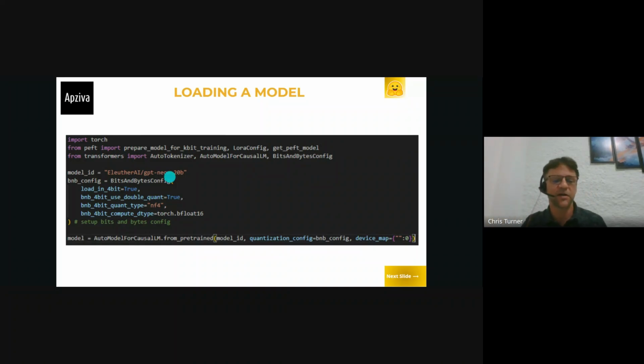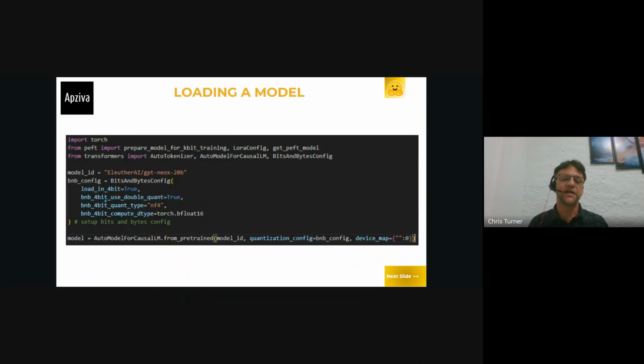Here I'm downloading the GPT-NeoX 20 billion parameter model, and then we need to create the BitsAndBytesConfig. This is going to tell the program what form we want this to be in when it lands on our machine. We're going to pass some arguments to the BitsAndBytesConfig.